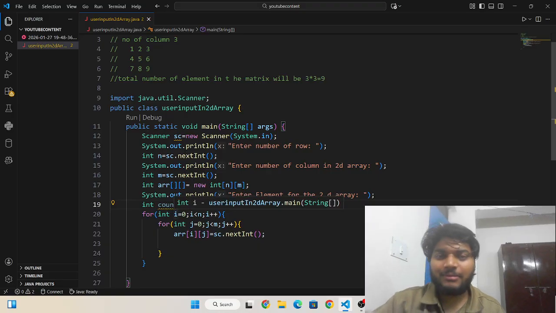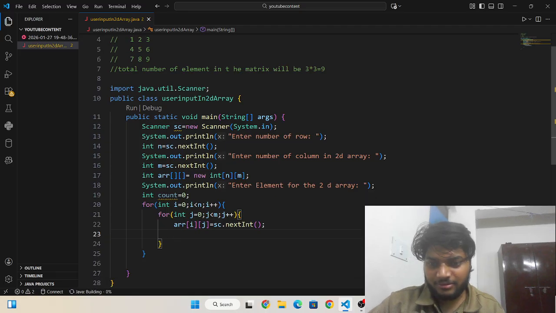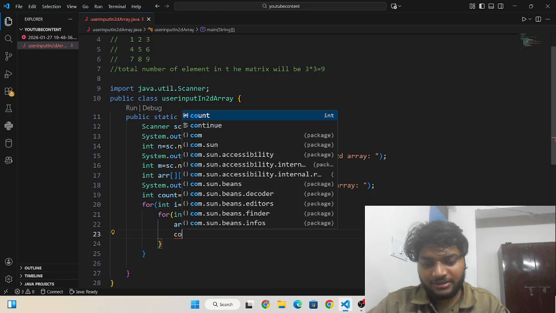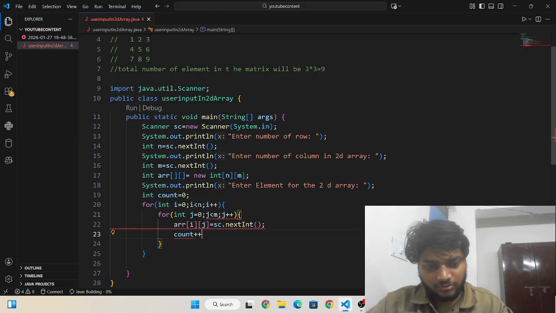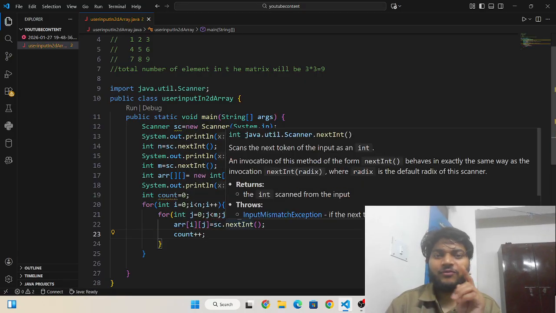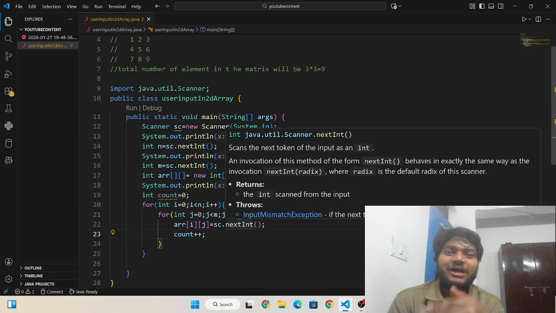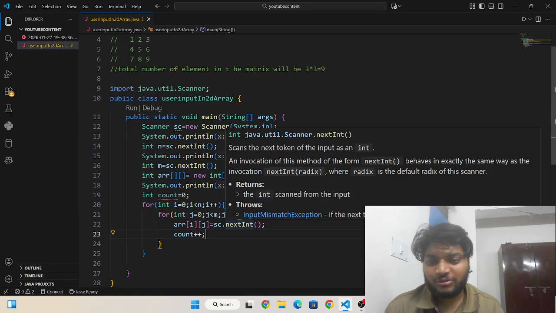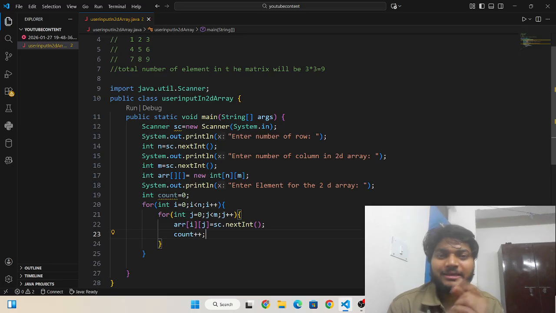I am initializing count with 0 first, and then incrementing it when the user enters the first element, then count will increment by 1. If the user enters two elements, then count will increment by 2.